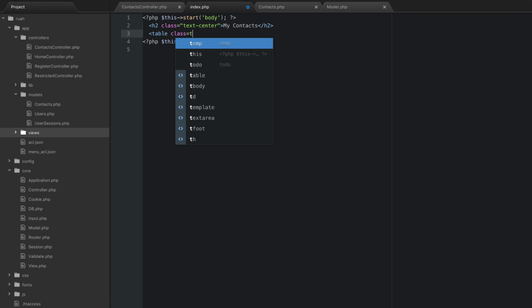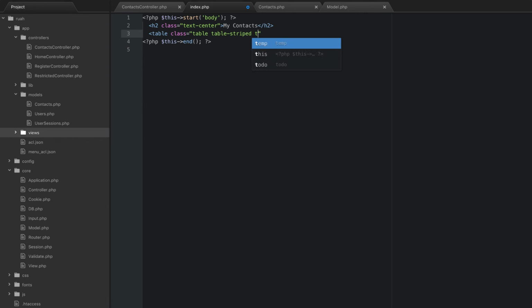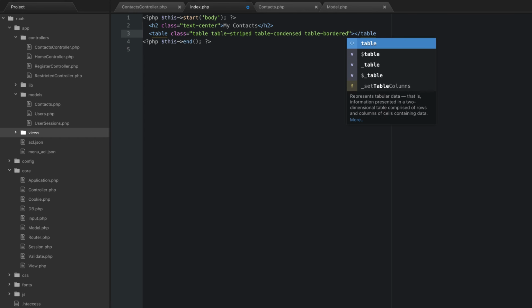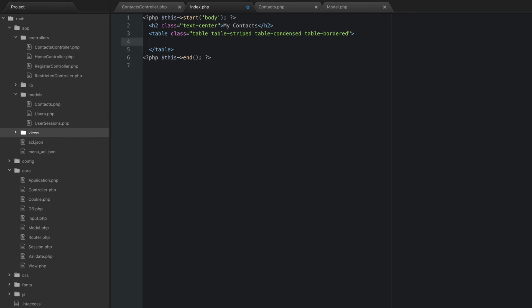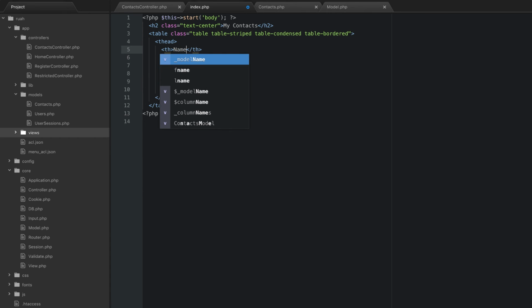a class of table, table striped, table condensed, table bordered. These are all bootstrap classes, by the way. We'll close that. Alright, and then we'll do a thead. Alright, and then we'll do some ths. Let's see, th times 1, 2, 3, 4, 5, 6. Let's do 6 here. And we're going to say name,